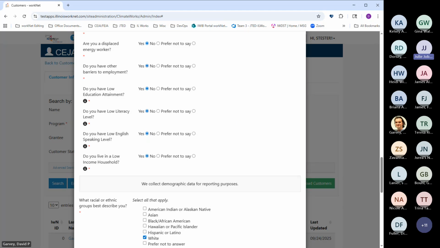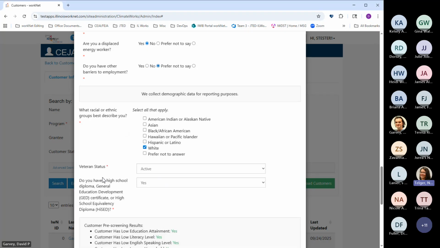So are we going to need to in some way update our previous people who've already finished in order for the reporting to work properly? And if so, how do we do that? These are a subset of questions based on the "do you have barriers to employment?" question. And the reporting is on this question: yes, no, or prefer not to say.